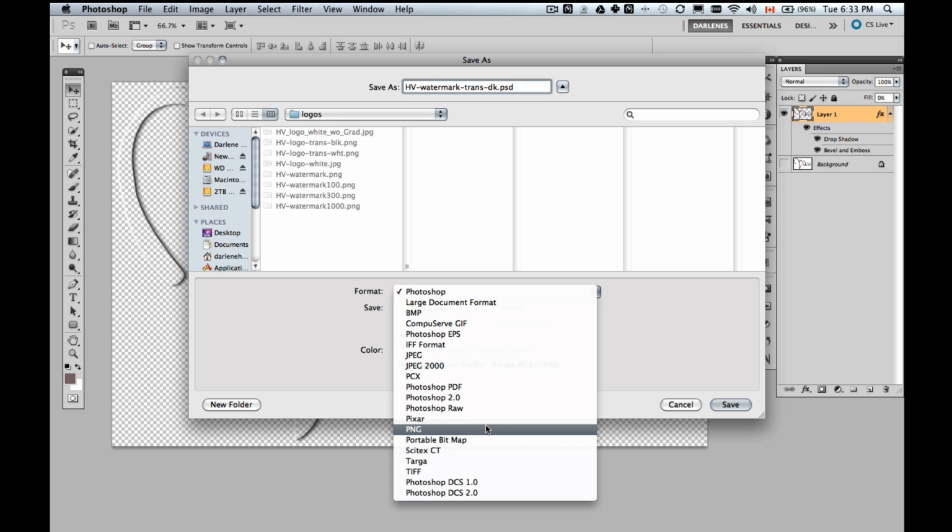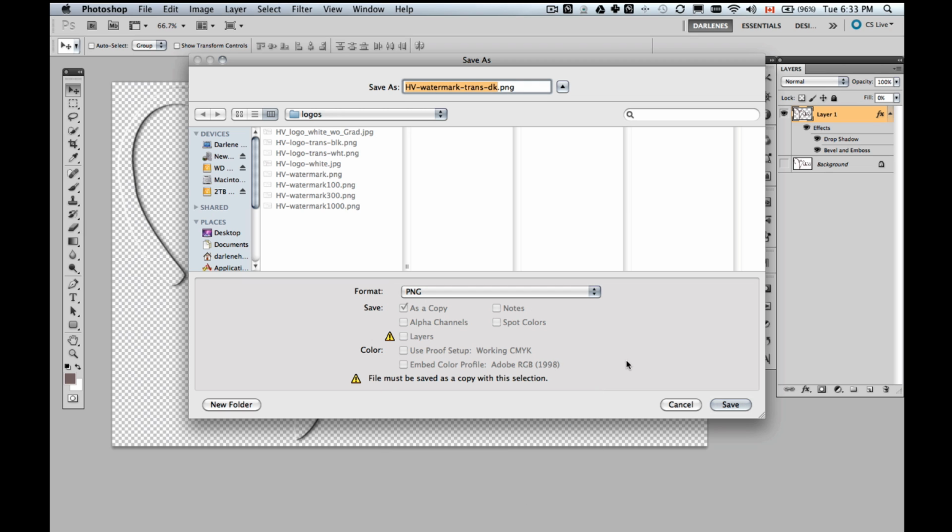A JPEG does not allow for transparency, so if you save it as a JPEG, even though your background is transparent, it'll actually come out as white. So save it as a PNG,